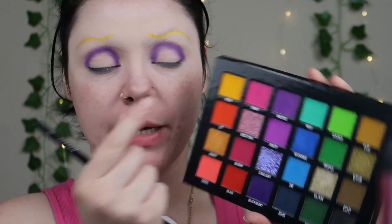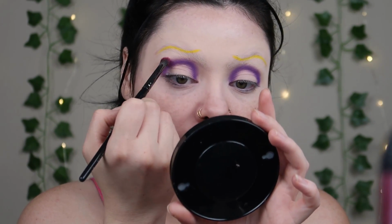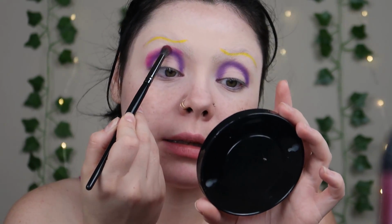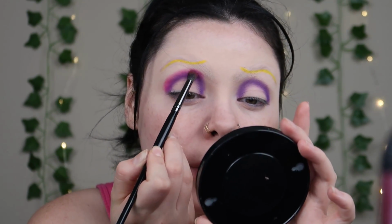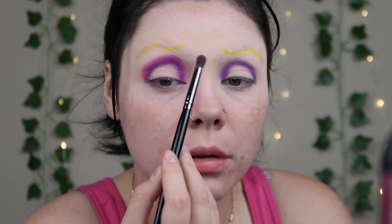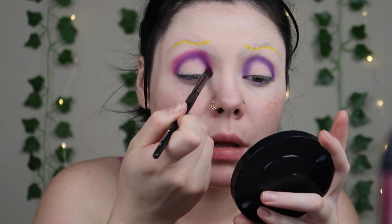Next, I'm going to be taking the hot pink shade, which is called Funky. And I'm going to make sure that I'm following this exact same shape. And I think I'm going to do around my brow. I don't think it'll lift, but I don't know. So I'm going to make sure that I'm pat blending over the brow hairs because I don't want to mess up my nice little black brows. I'm just going to lay all the colors down first and then